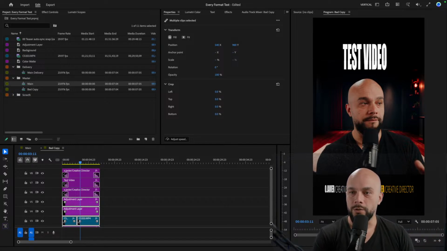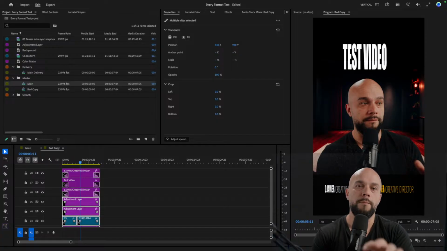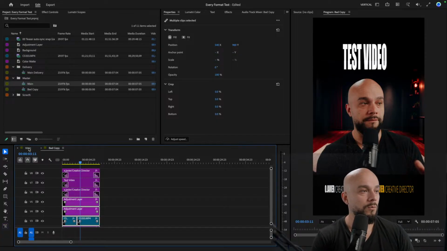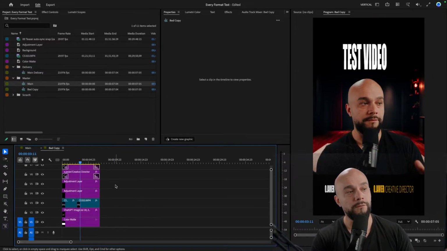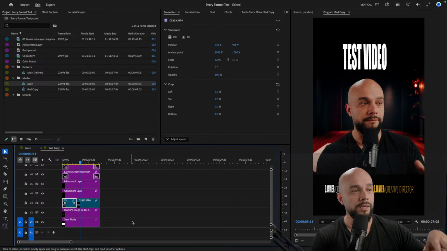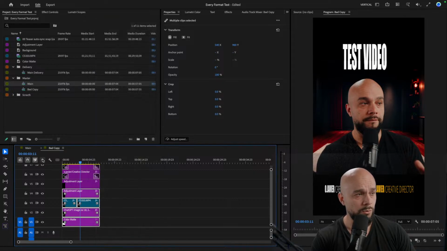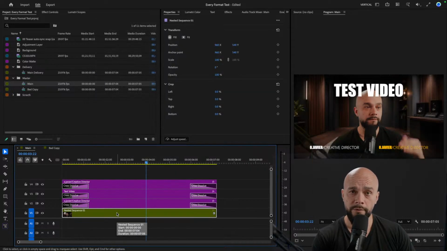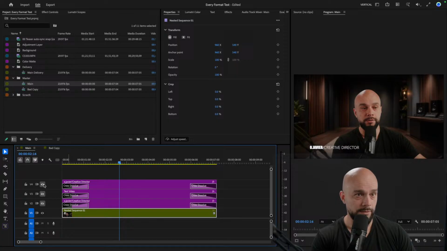All right, so this fix starts by separating the story from the format used to deliver it. So what we had is this right here. What we're going to do first is the story. For example, the adjustment layers, the color grade, the 2 different clips put together, and the audio, you're going to put them all together, and then we're going to right click it, and then press nest. Once you do that, it'll turn to this green clip, everything nested in there, that's the story, and then we're going to add the graphics, which is